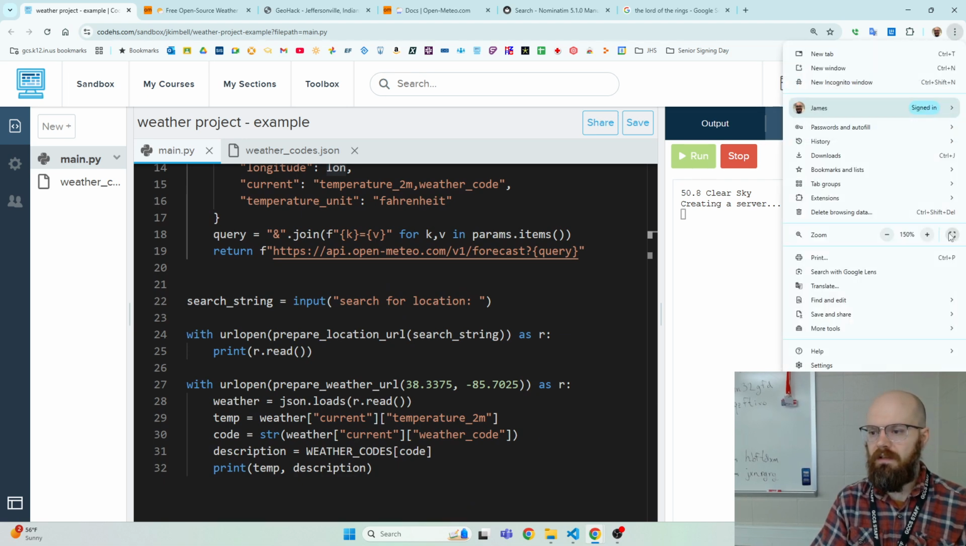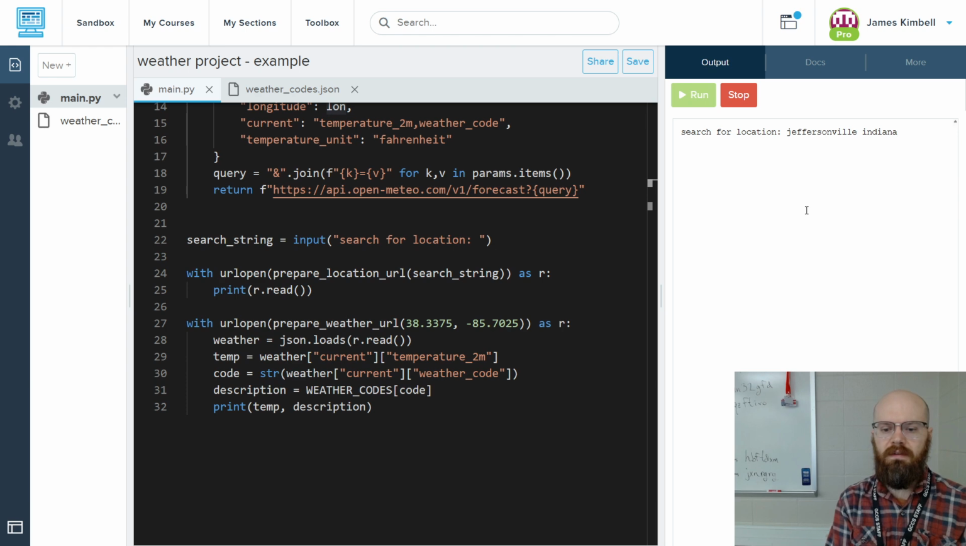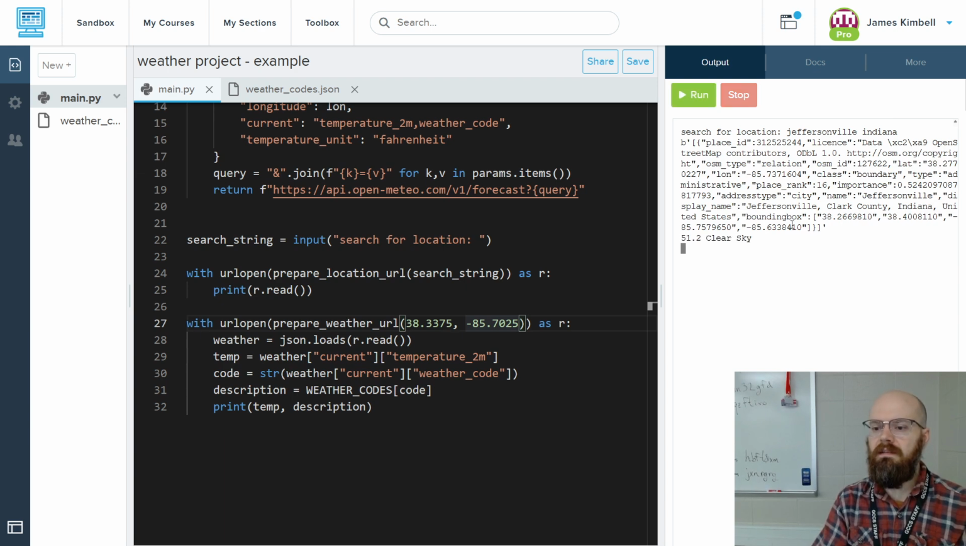I'm going to go full screen now that I have more code. Let's say Jeffersonville, Indiana, because we know what to compare it to. If the latitude and longitude is something like this, then we know we're on the right track. Okay, yes, it is